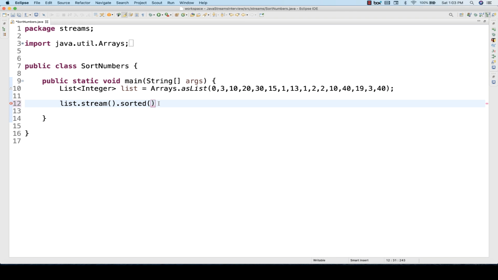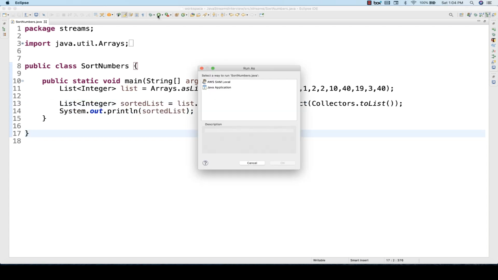Ascending order means first the minimum number, and then in ascending order it will create, then the bigger number, and the largest number will be there at the end. So what you just need to do is sort it and then collect. You simply apply Collectors dot toList, and you just need to store it inside the list, and then let's run it.